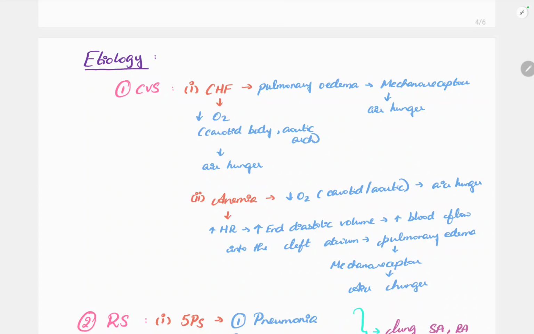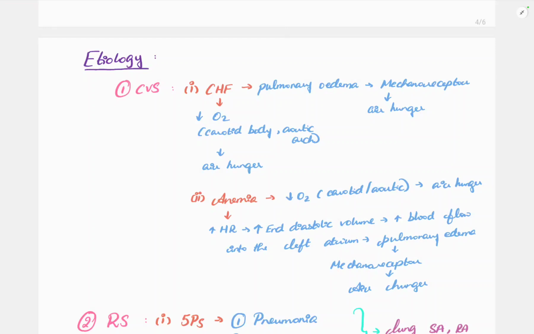Cardiovascular, the first thing we're going to see is congestive heart failure. Congestive heart failure, through two mechanisms, sends signals to the brainstem. First one is pulmonary edema. CHF is going to cause pulmonary edema. If there's pulmonary edema, there's going to be expansion in the lungs. It is going to send a signal to the brainstem through something known as RA, rapidly adapting receptors, right? These rapidly adapting receptors are going to send a signal to the brainstem that there is air hunger or